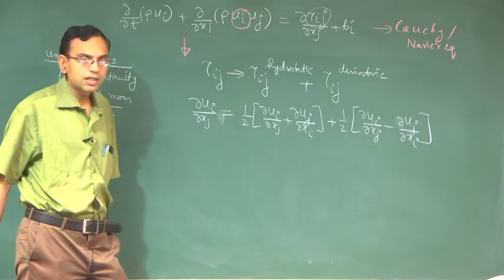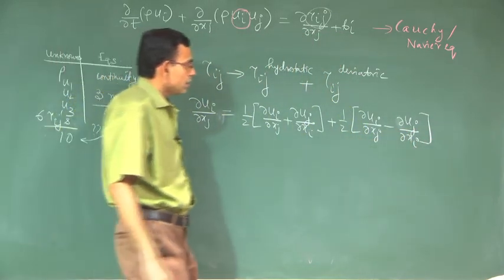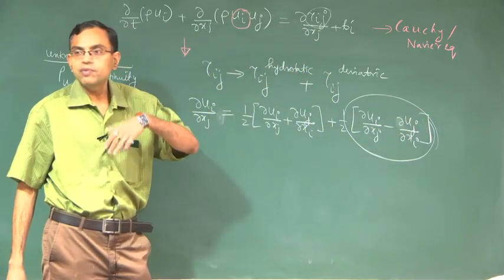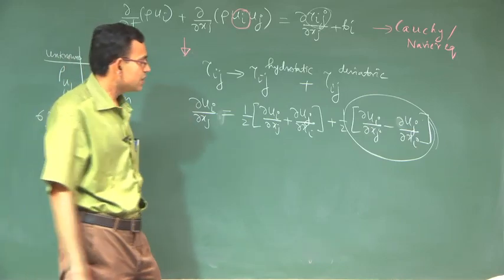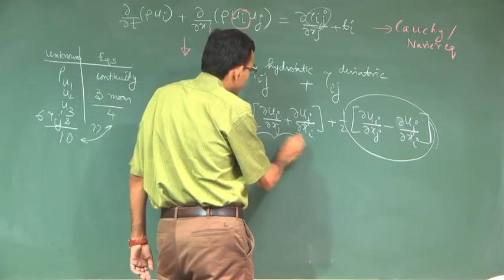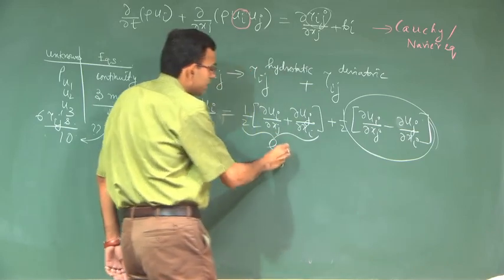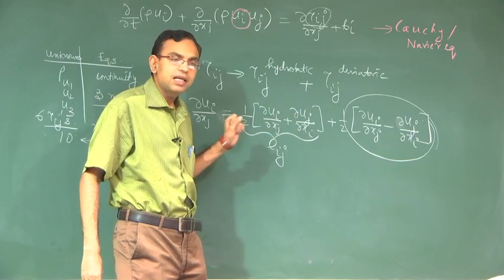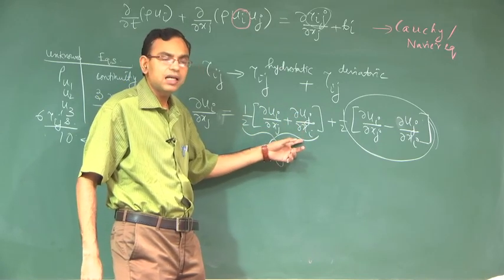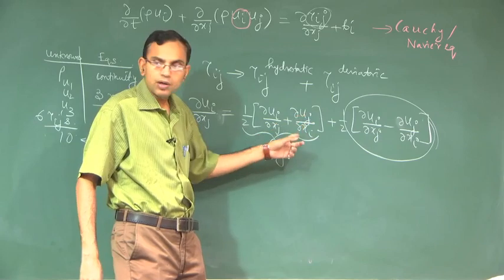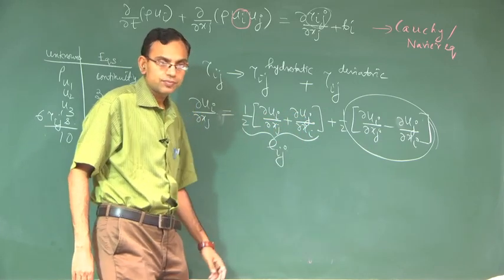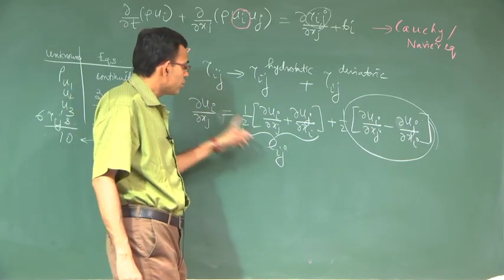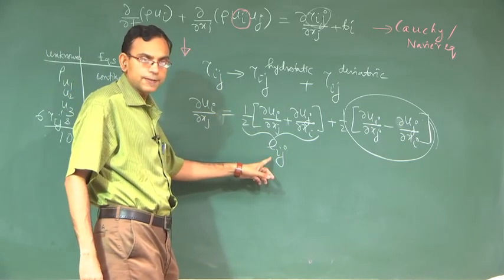This is the general velocity gradient tensor, but this part represents rotation and that should not give rise to any stress. So, the stress is primarily due to this one, which represents both angular strain as well as linear strain. When i equals j, it represents the linear strain. When i is not equal to j, it represents the shear strain. So, the tau ij should be mappable to this one.